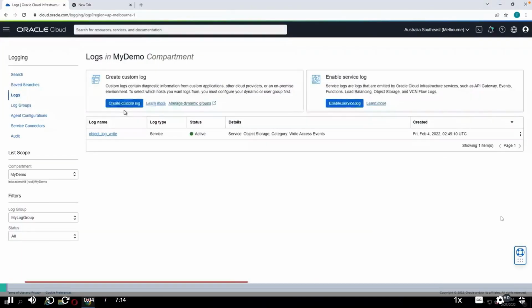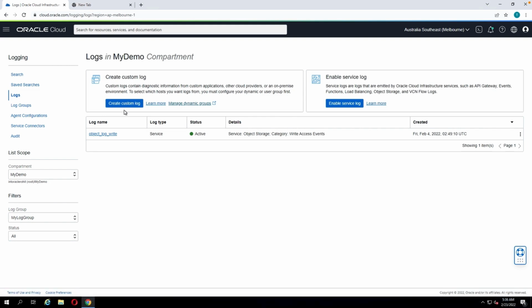Welcome back to this demo. We're going to look at how to configure custom logs with OCI logging service. Creating a custom log is a two-step process. You would need to create a custom log object first, and then second, create an associated agent configuration for that